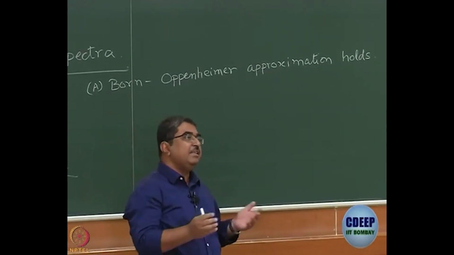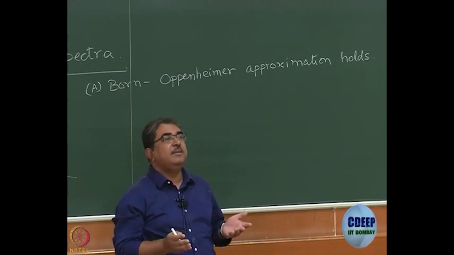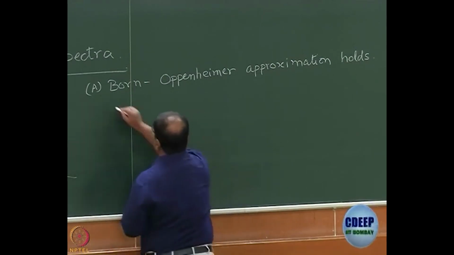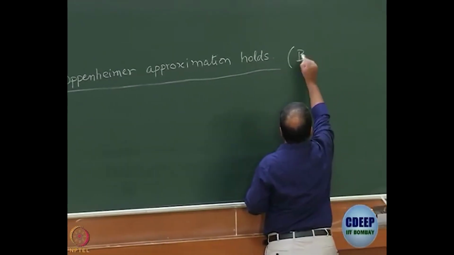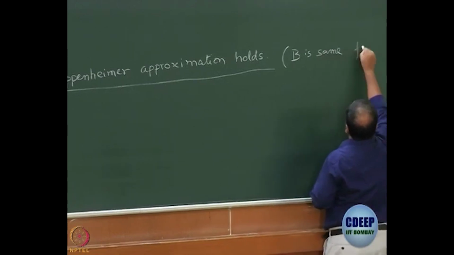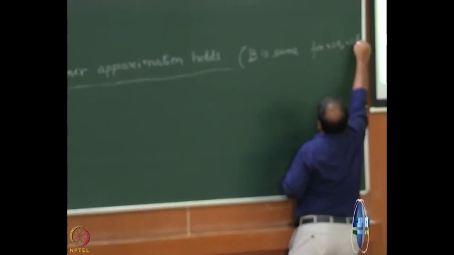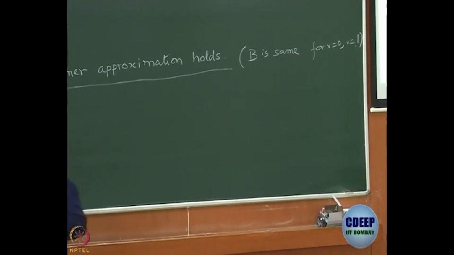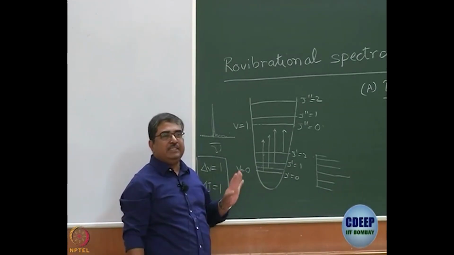That means the vibration does not affect the rotational parameter, right? What is the rotational parameter? B. So, no matter whether you work with V equal to 0 or V equal to 1, B is the same,